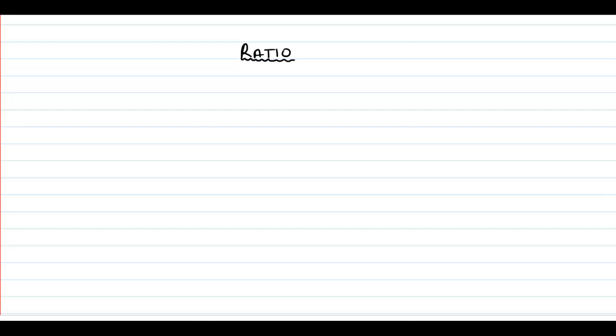So in today's lesson, we are learning about ratio. So suppose there are two people. This is A and this is B. And his father has given £100, and they said, okay, you can divide this £100 between A and B, and the ratio is